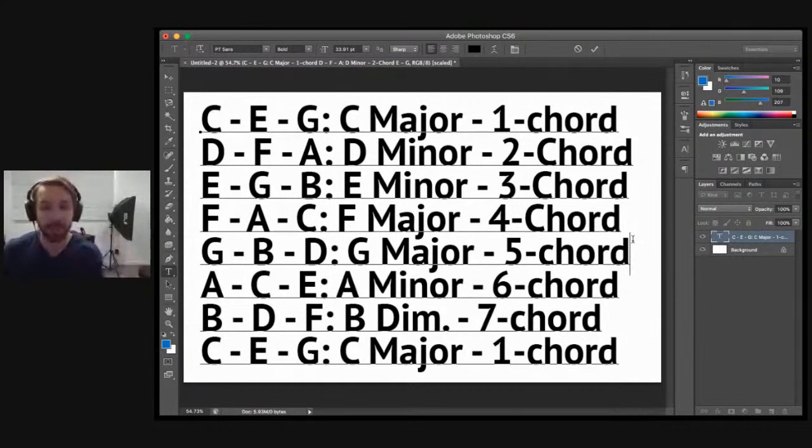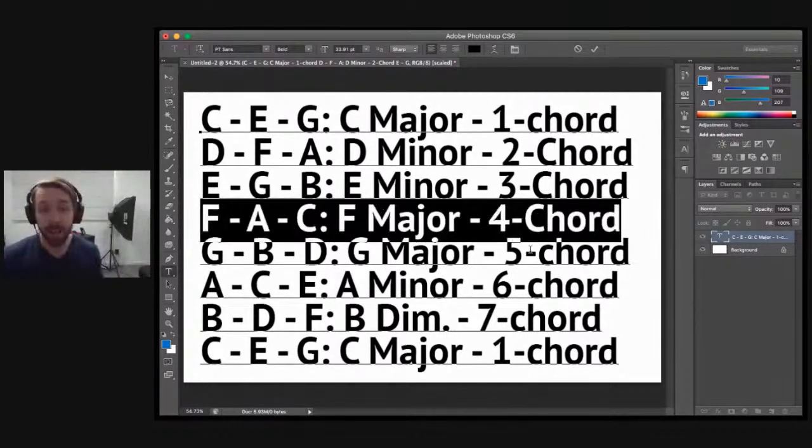Now, like I said, it's not going to work everywhere, because there's plenty of places where a 1 chord might go to a 2 chord as a major, and then up to a 4 chord, and then up to a 5 chord. In that case you've got two sets of major chords a tone apart, in which case it wouldn't actually work. But most of the time, if you're playing songs that don't go too far from the key, you will have found the 4 chord and the 5 chord.